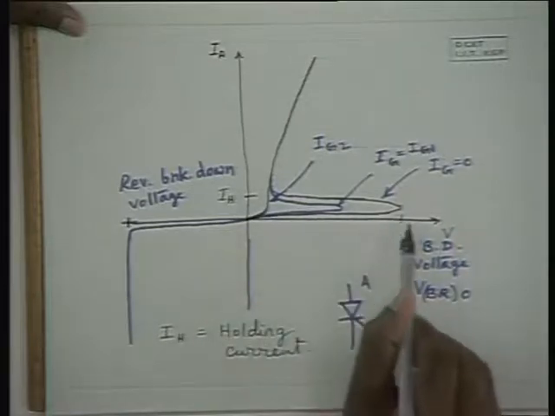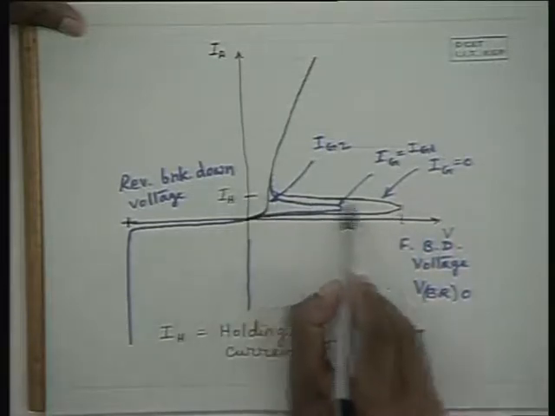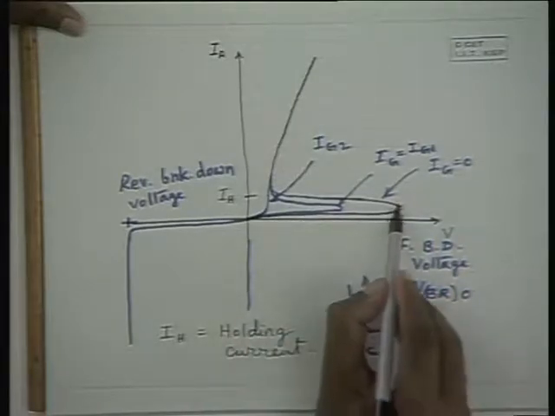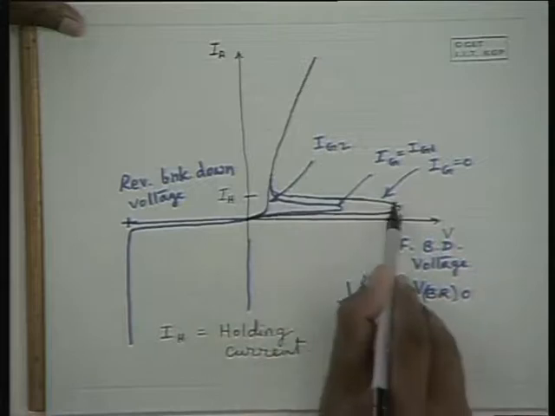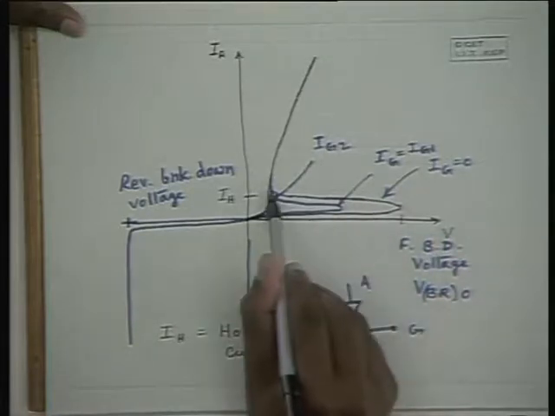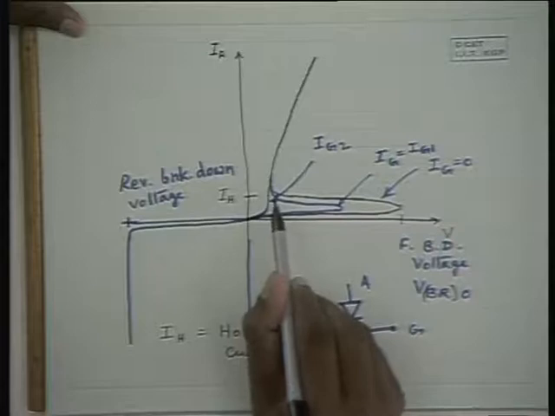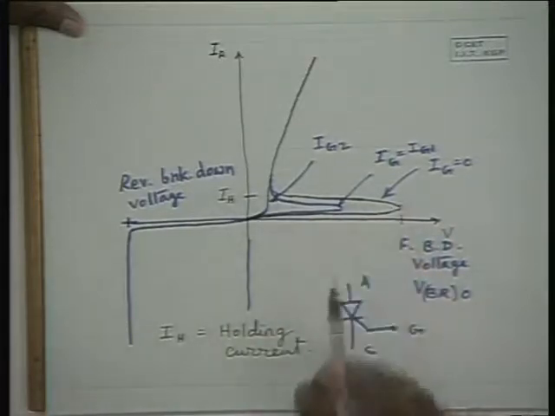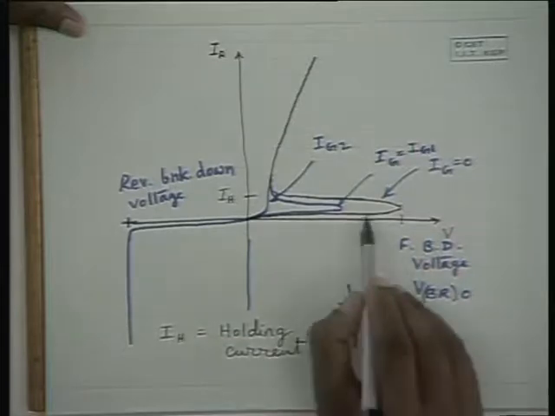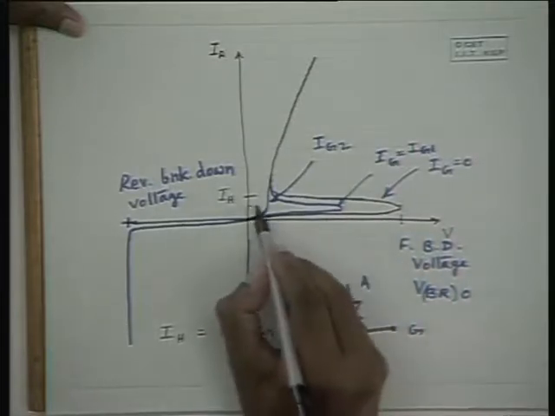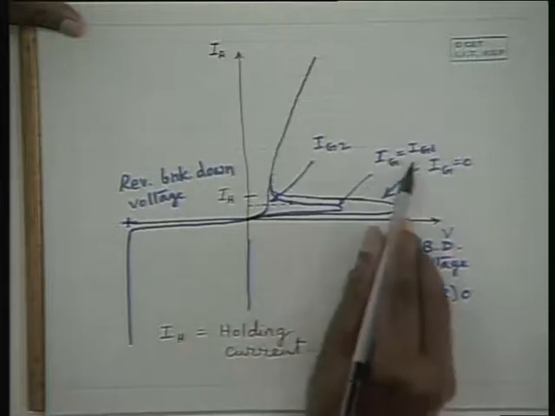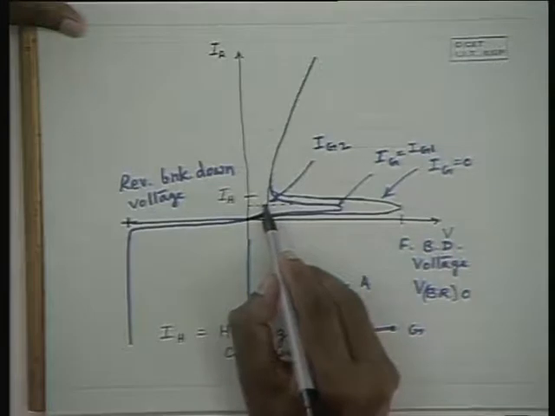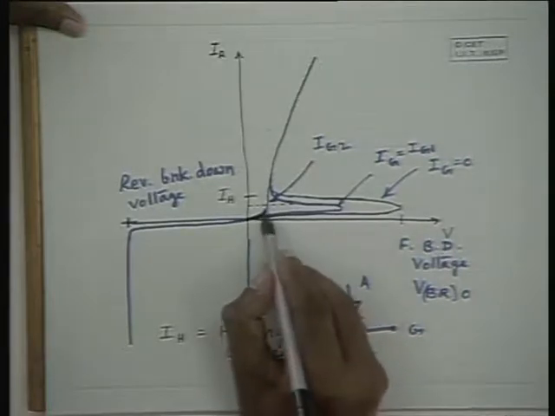That means immediately after the breakdown potential, this is the current at which the device voltage falls down from the breakdown potential to this potential. So that current is known as the holding current, and this is the holding current when the gate current is 0, and this is the holding current when the gate current is Ig1, and